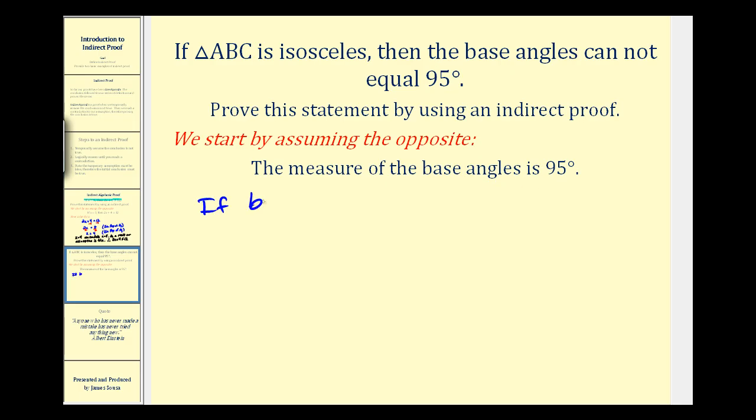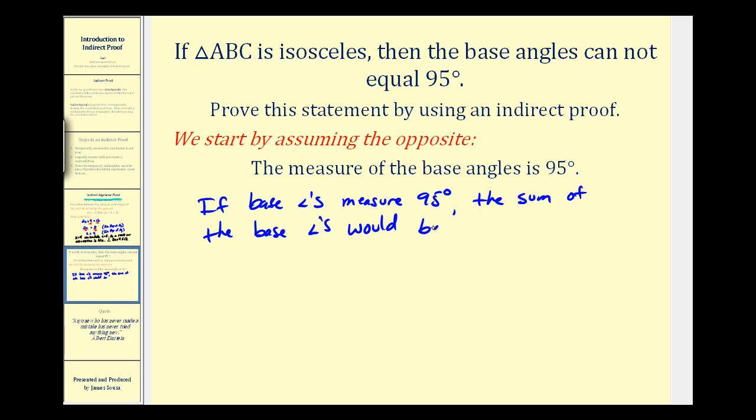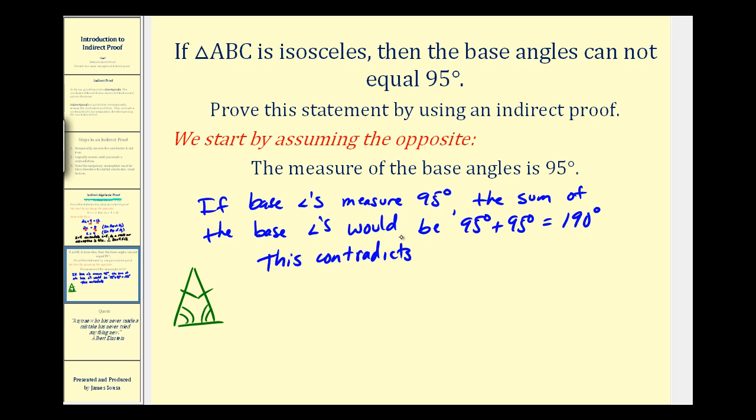If the base angles measure 95 degrees, the sum of the base angles would be 95 degrees plus 95 degrees, which is equal to 190 degrees. Remember, the base angles of an isosceles triangle are the angles that are opposite the congruent sides, those two angles there. By now we should know this is not possible because this contradicts the triangle sum theorem,